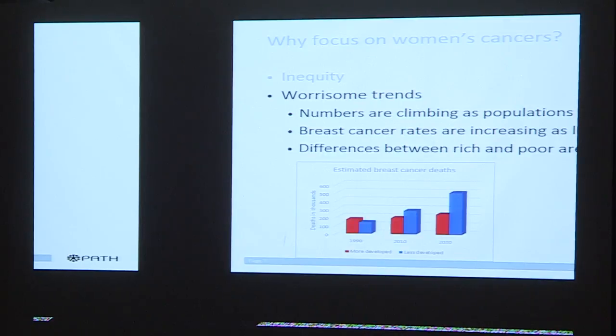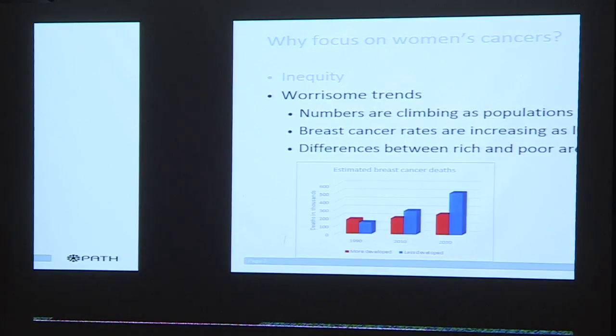And the differences between rich and poor are actually growing. I think we see that in all kinds of ways, this disparity between rich and poor, and that's going to have its impact on these cancers. So these trends are all in the wrong direction if we're concerned about women. And you can see this trend issue. This first graph here is breast cancer deaths. And the red bars are for the